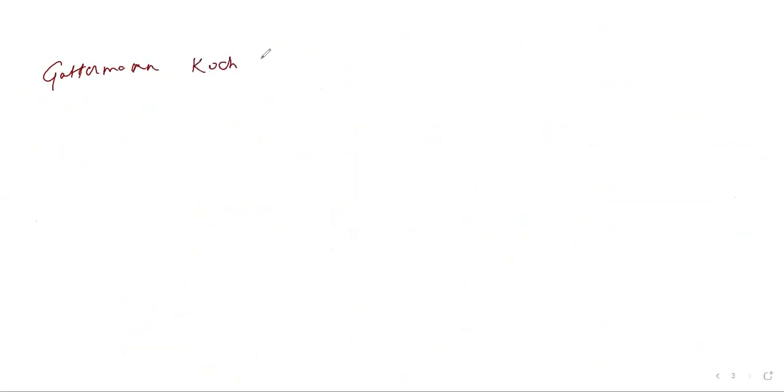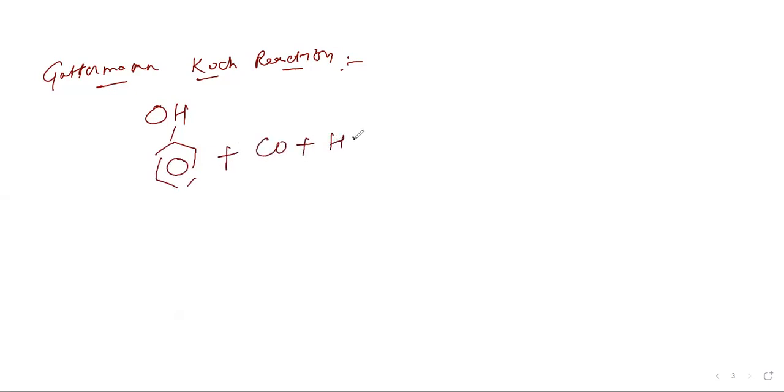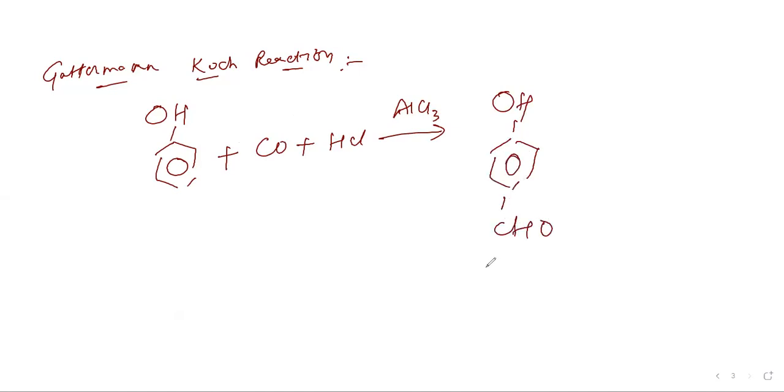Koch reaction. When we talk about the Gattermann-Koch reaction, what we mean is, in place of HCN, we will take carbon monoxide, HCl. In the presence of aluminium chloride, it will form a phenolic aldehyde like this, right? This is your p-hydroxybenzaldehyde, right? And we need to mention here that